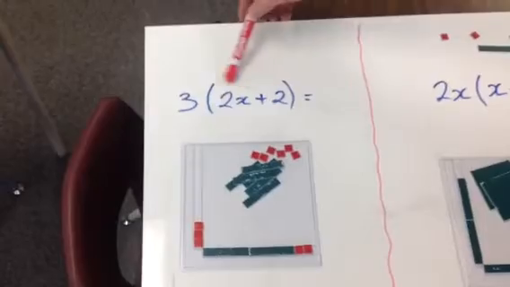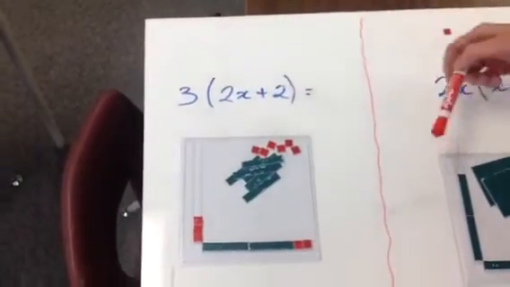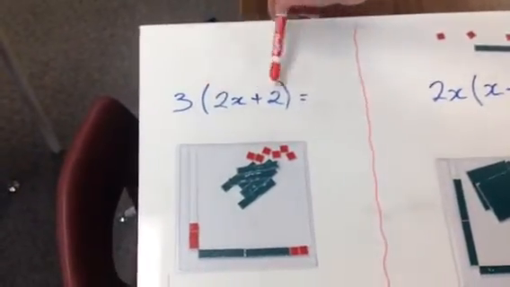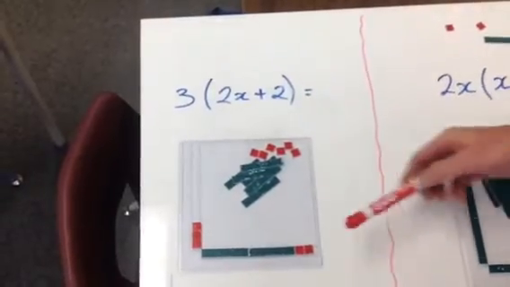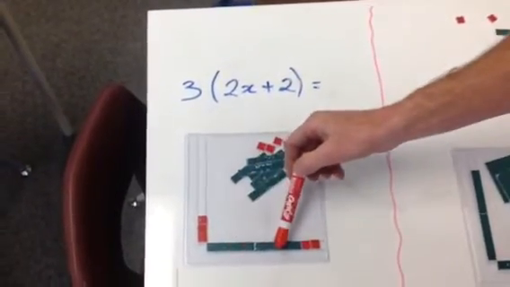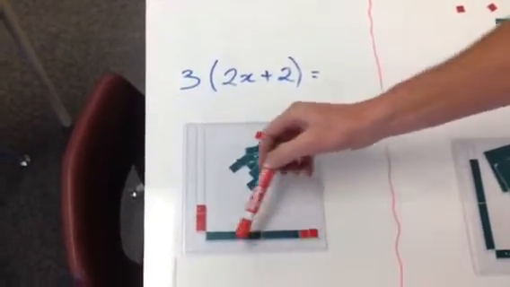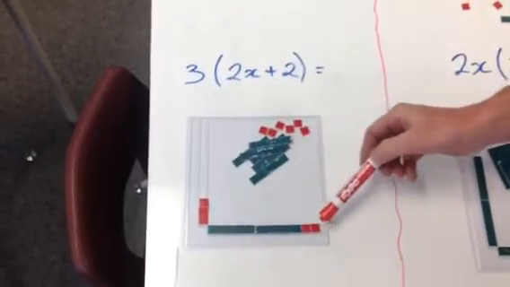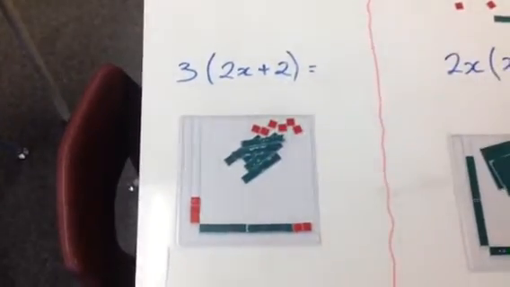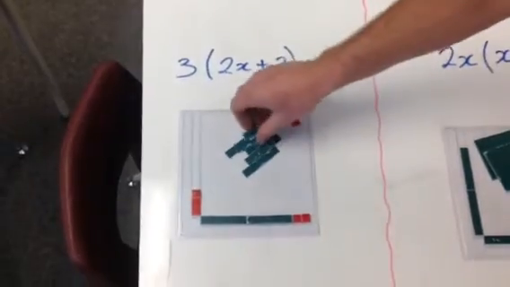We have a polynomial, which in this case is a binomial, times a monomial. So this literally means three groups of 2x plus 2. On the tiles here, you can see that we have 1x, 2x. So here's my 2x plus 2, my binomial, because it's made up of two different kinds of parts. And here's my monomial, which is just 3. So if I fill that in now,